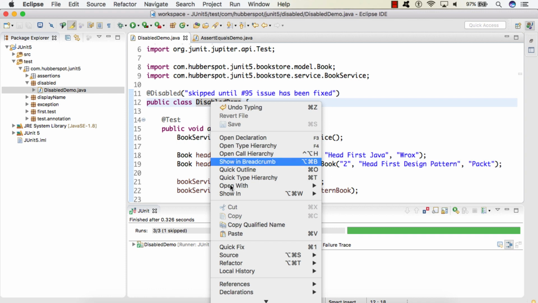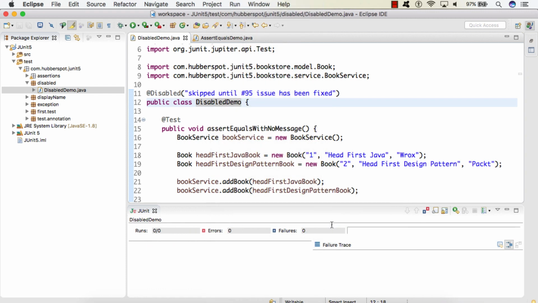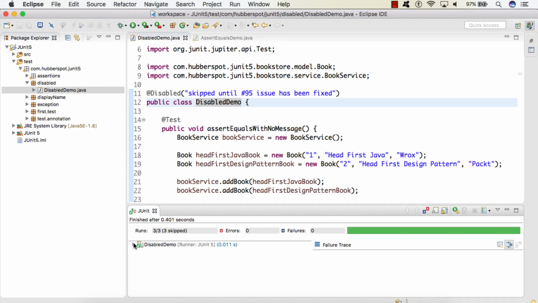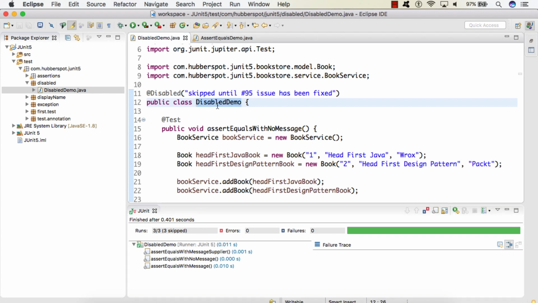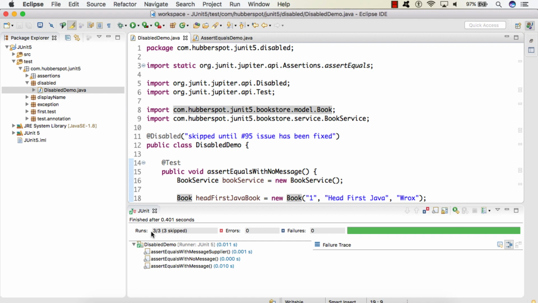Let's say if I run the test class now, you can see that the JUnit 5 runner picked this class and saw that it has the @Disabled annotation on top of the class. Therefore it skipped all the 3 test cases inside this class. So here you can see the 3 test cases were skipped.